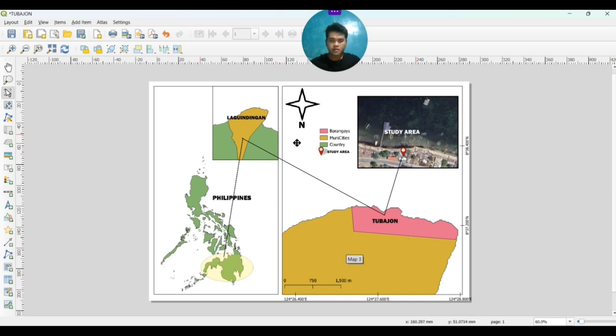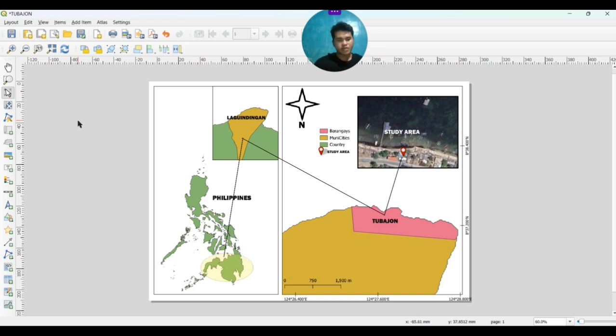If you want to explore more, just click the other settings and the other features here for your curiosity. So just experiment. And for this video, these are the most important things you want to have in a map.